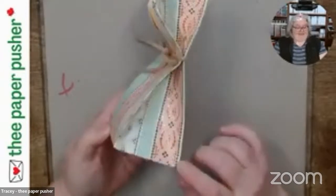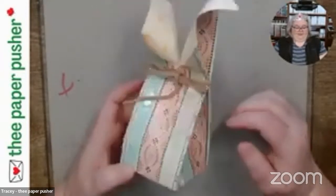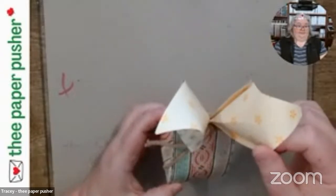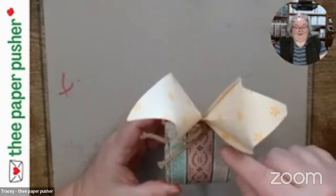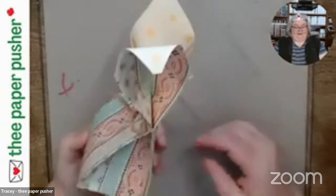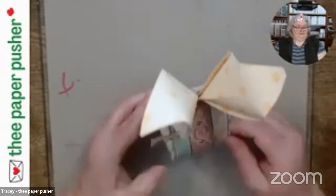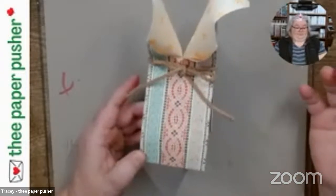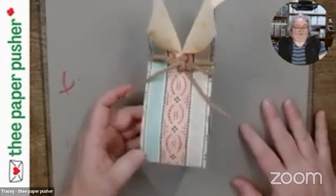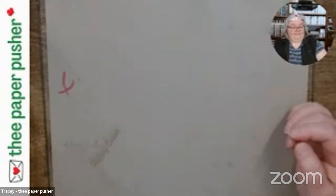I needed a bigger bag for whatever bigger treat I was putting in, and so I was playing and I just free cut this. So when I went to actually recreate it for you guys, I had to go, okay, what the heck did I do? It is so simple to make, and it is definitely minimalist. You could put it on a certain paper, you could put a face on it if you wanted to. I'm sure you could jazz it up in different ways. I loved the minimalist look of it. So I made a new one